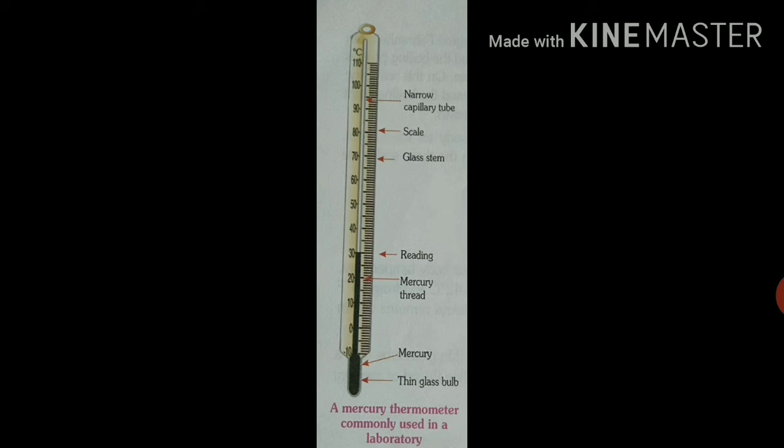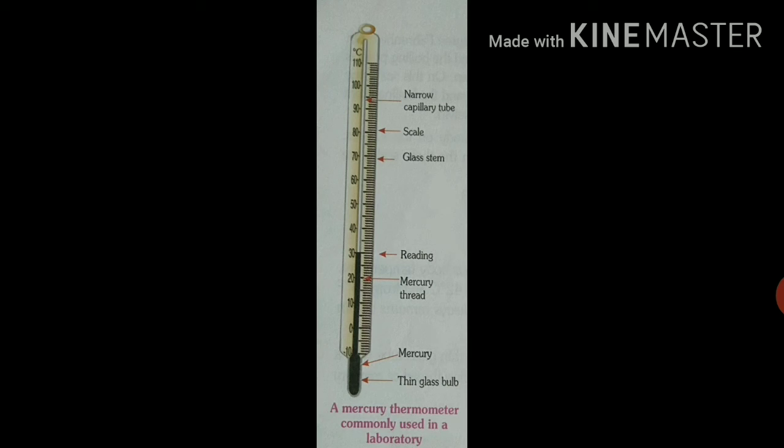That portion above the bulb is graduated in degrees. Graduated in degrees means marked with a unit of measurement. So the portion of the capillary tube which is present above the bulb is marked with a unit of measurement in degrees, usually from -10 degrees Celsius to 110 degrees Celsius. So now it is clear to you that the portion of the capillary tube above the bulb is graduated in degrees, usually from -10 degrees Celsius to 110 degrees Celsius.